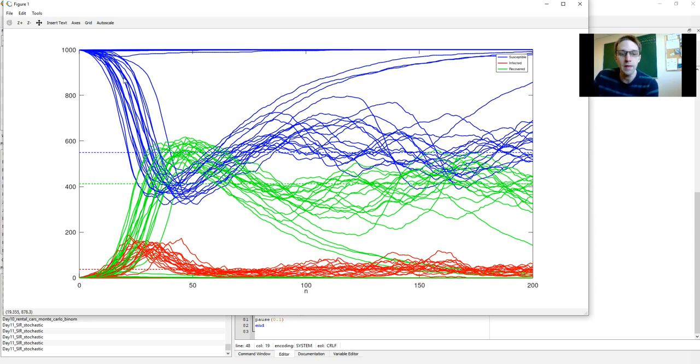But once a lot of people get sick, then you'll notice that we essentially get the same behavior. And that's due to a property called the law of large numbers, which basically says that the variation in a random process is small when you have a large number of coin flips, say, right?